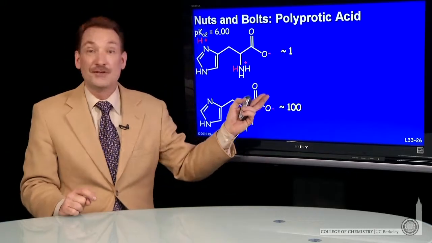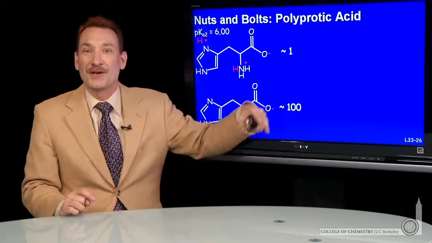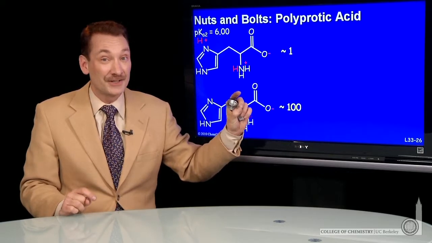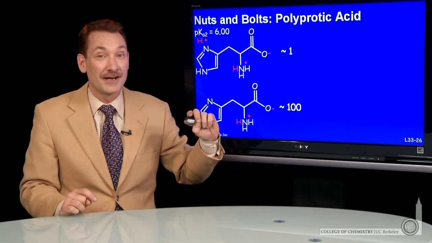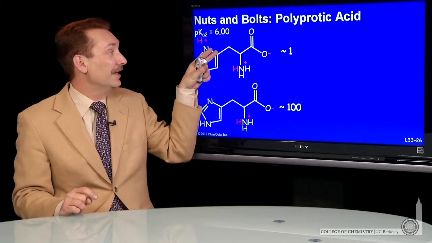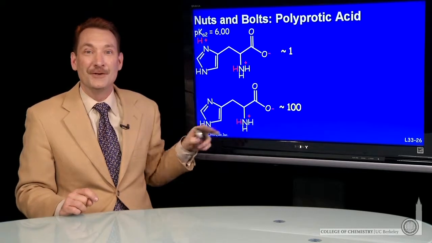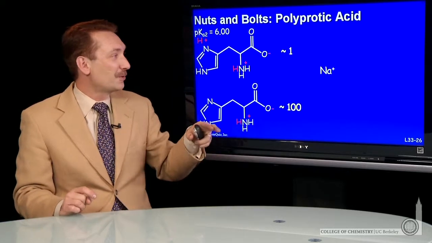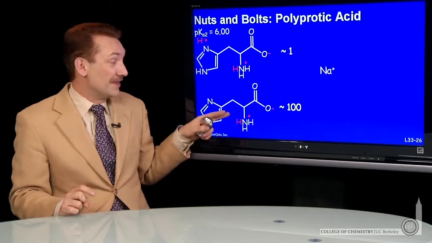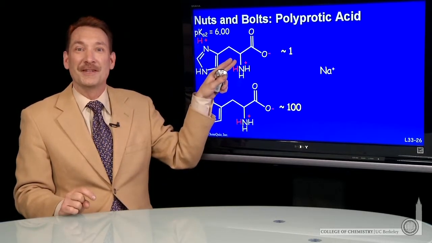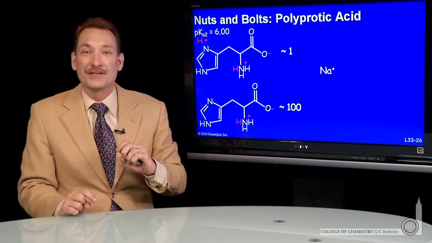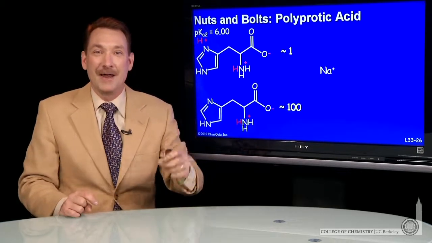Now, there's also some sodium ions from the sodium hydroxide that we've been adding. But there are no hydroxide ions per se, very, very low concentration of hydroxide ions, because all the hydroxide ions have been used up in converting the acid form to the base form. So there's really two forms predominant in solution. This, 100 times more common than this, and the sodium ions. Those are the ions present in highest concentration at pH 8.